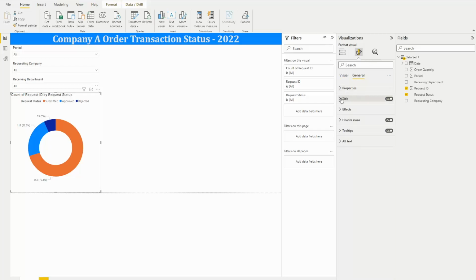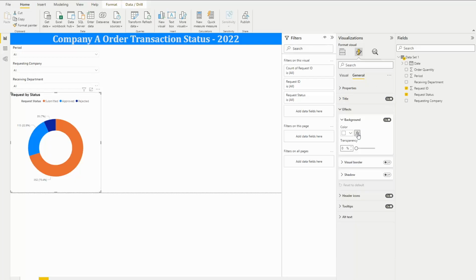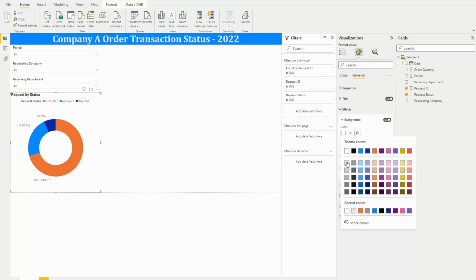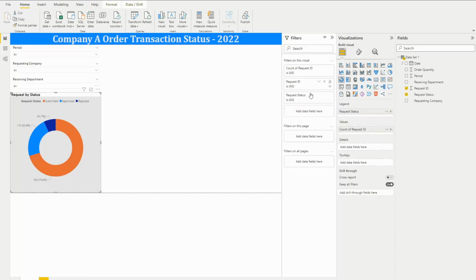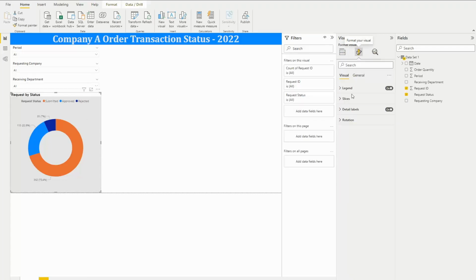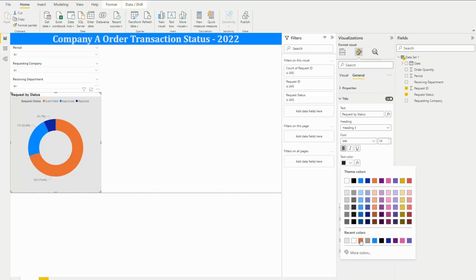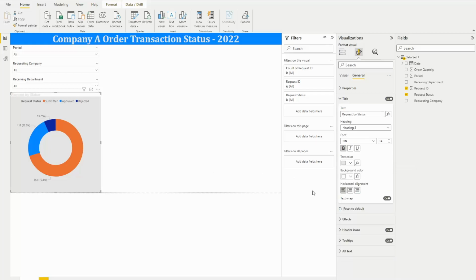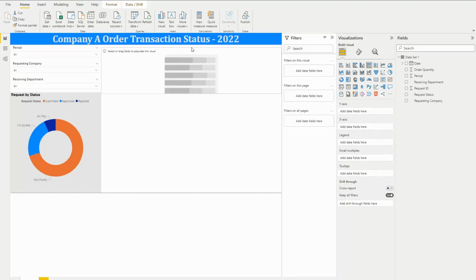For the general, as you can see, our title is on. We'll just move on to other editing types. So under effects, if you want to change the background as a whole, you can have it here, under format visuals, general. Okay. Next up would be our bar chart. Okay, this time